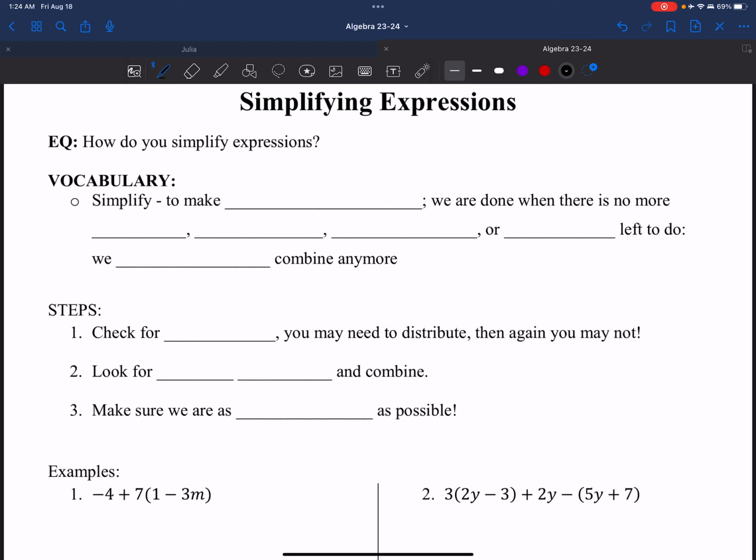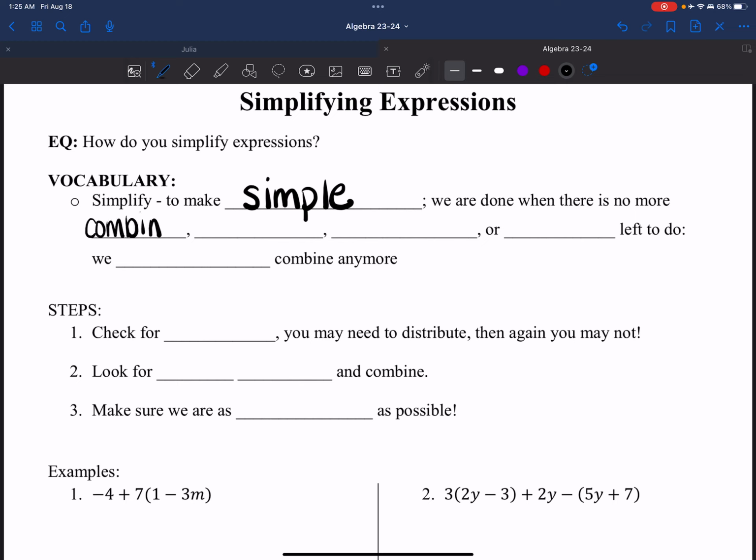Vocabulary: simplify. Well, we've already talked about it some in class. Okay, simplify is to make simple. To make it simple. Remember, we take these big old long messes, we make them smaller, and we make them manageable. Okay, that's what we're doing. We're simplifying. Okay, we are done when there is no more combining